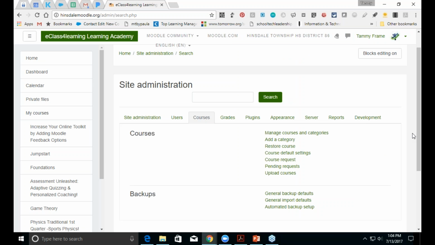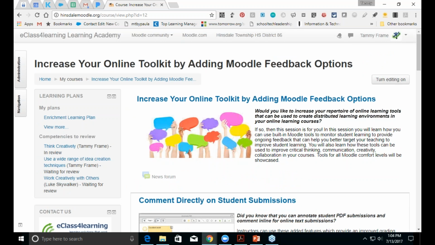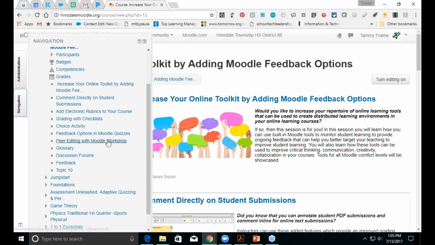Another feature that I am really excited about is the user tours. And user tours, a lot of times you see built-in tours or help in software. Well, now you can create your own. And I'm going to demo one, and then I'll show you how you create them. Okay, so we'll go to one of my courses, which I can now jump to pretty easily in the new Boost theme. And from here in the navigation now, they made this easier too. They have all my topics,